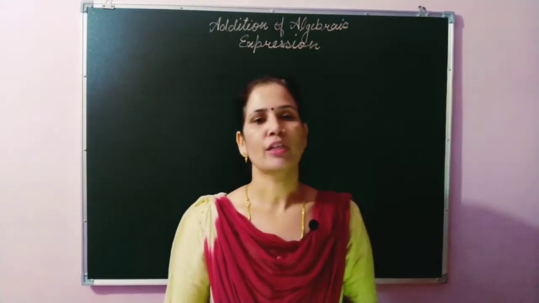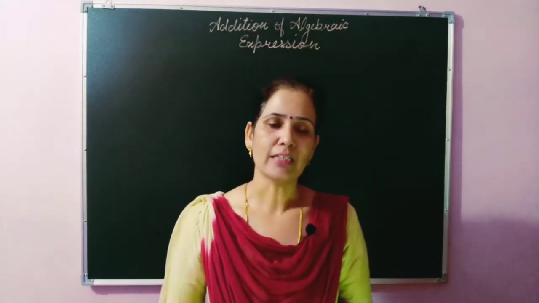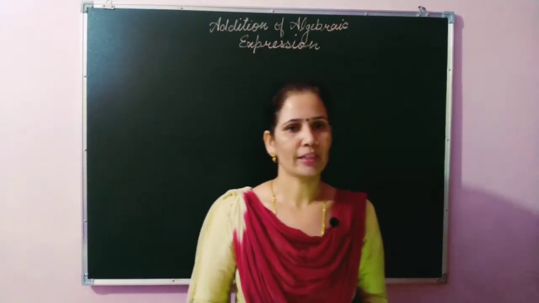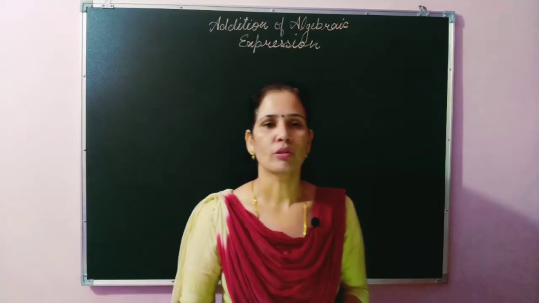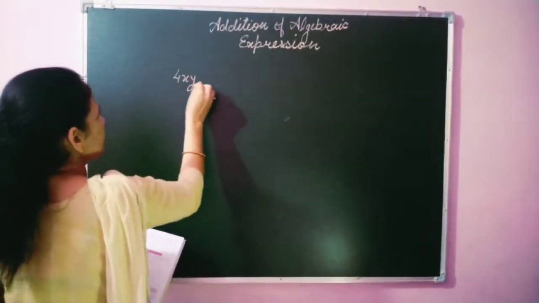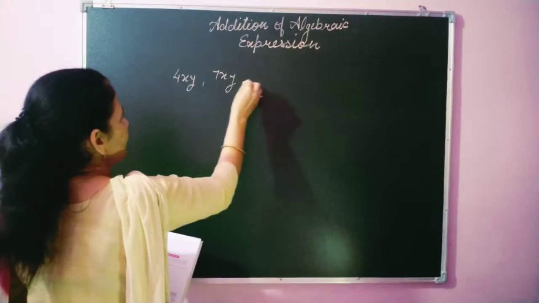So students, whenever we add like terms, we have to add their coefficients. When we add or subtract their coefficients, the terms are also added or subtracted accordingly. I am going to explain this with an example. Here we have 4xy, 7xy and